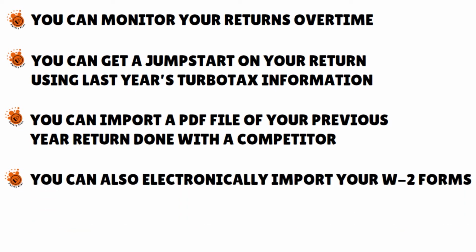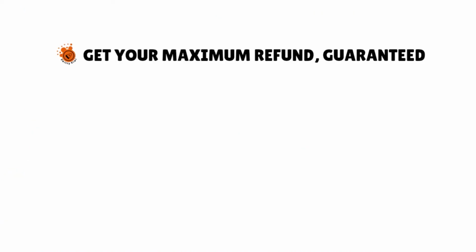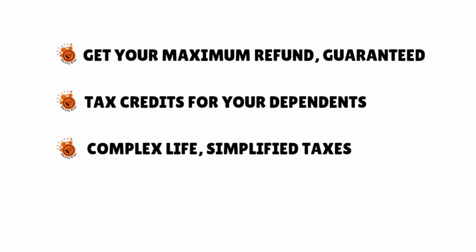You can also electronically import your W-2 forms, or you can import the information by taking a photo of your form W-2 with your smartphone. So this is really for simple tax situations, so you can get your maximum refund guaranteed. You get tax credits for your dependents, complex life simplified taxes. One thing that we liked with this